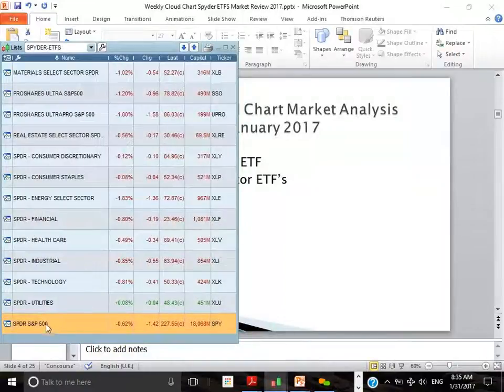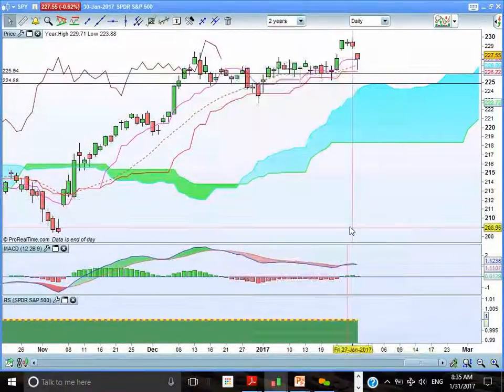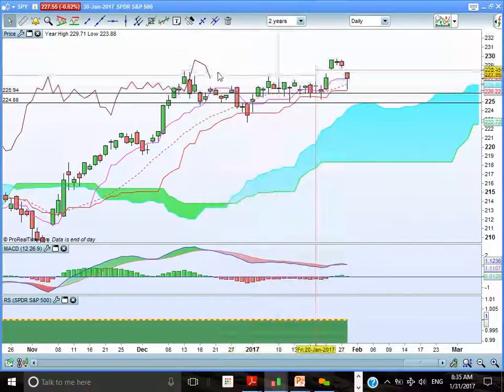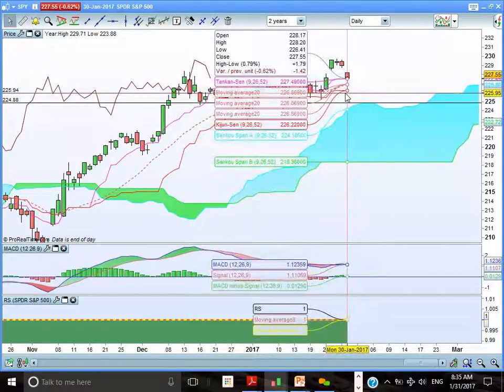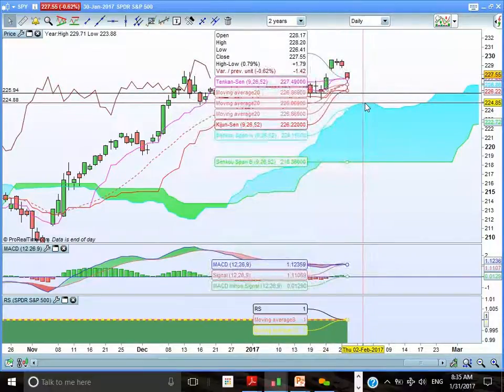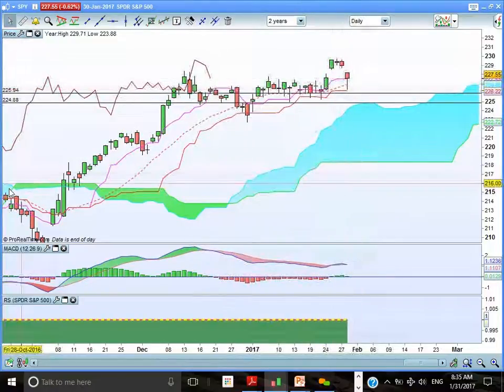I start with the S&P 500 SPDR ETF. We can see the market's consolidating currently after breaking out, and from making a new high, we're pushing back to old highs, old support levels, and the cloud here is the next significant support level at 224.85, as well as 226. So we can see we are pulling back down a little bit, consolidating after a very long move,